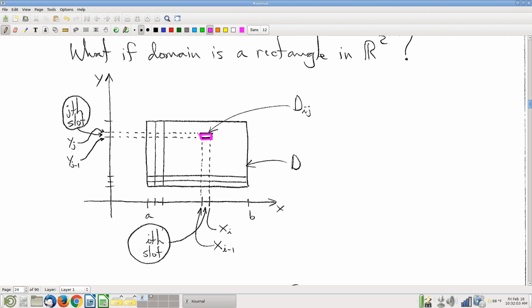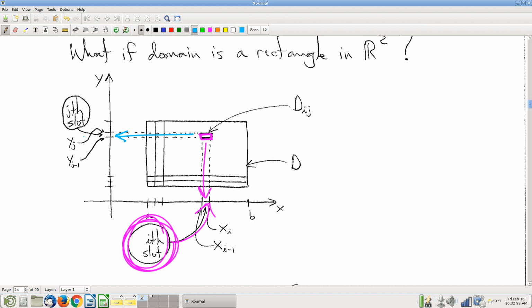Okay, so the point is, when you're looking at one of these sub-rectangles, it's not a sub-interval. We use the term sub-interval because we've sliced up a big interval into smaller intervals. Here we have a rectangle that we've sliced up into smaller pieces, so what we're going to call sub-rectangles. Whichever one of those things you're in, you're going to be in one of the slots on the x-axis. Let's say you're in the ith slot on the x-axis, and then likewise,